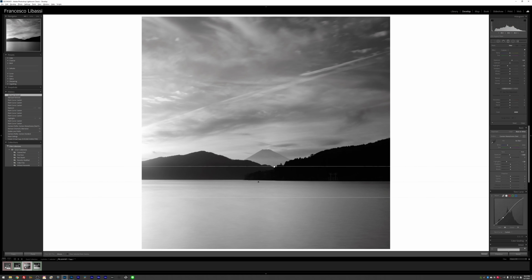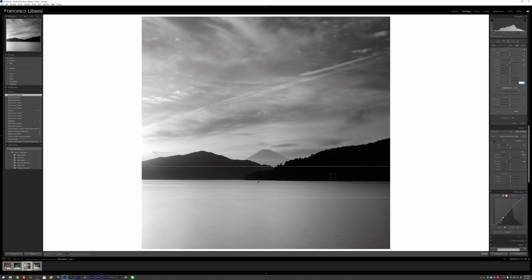Something like this. And I think it looks really nice, but I don't like all these small waves that I can see in the water. I want to get rid of that and make the water more minimal. And a really nice way to do that is to use the dehaze slider basically against its purpose, which is remove haze. If you use minus values here, you can actually create haze in your image or in parts of your image, which is what I'm going to want to do here in the water.